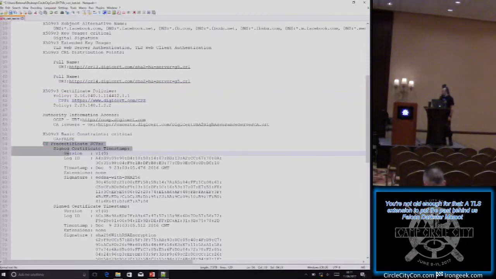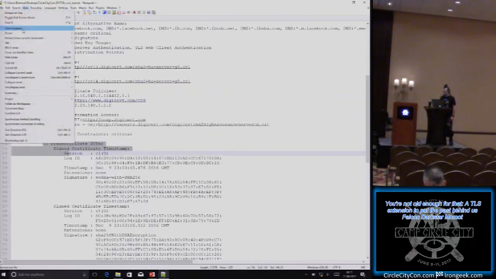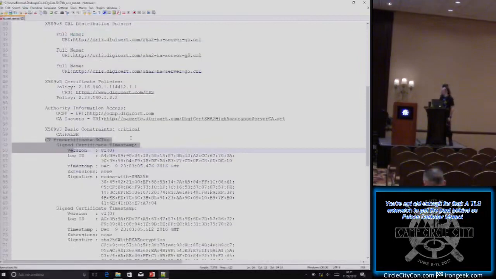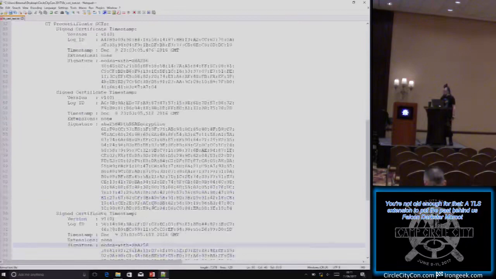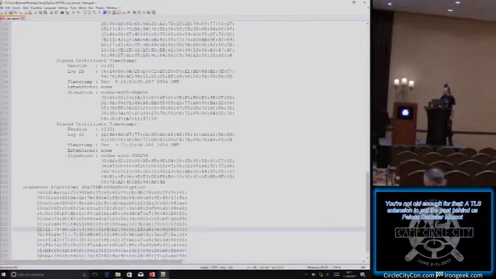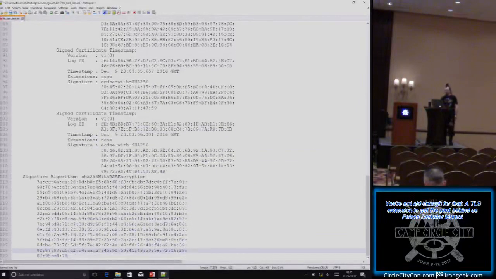There's something here, the certificate transparency pre-certificate SCT, which is literally just a series of signed timestamps and signatures that say the following list of certificate transparency logs have attested that this certificate was encoded into them. And you could have 4 of them, or you could have 20 of them. It's all just a question of how much bandwidth you want to use every connection that you establish.